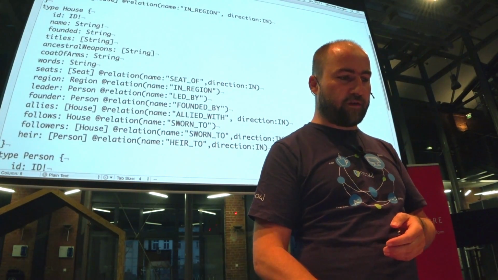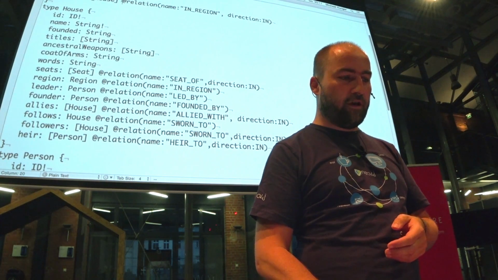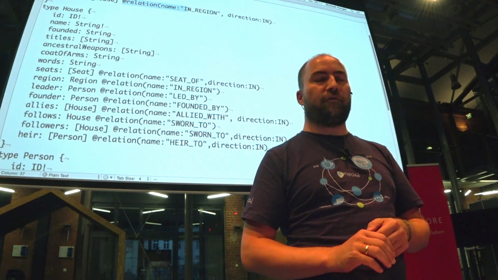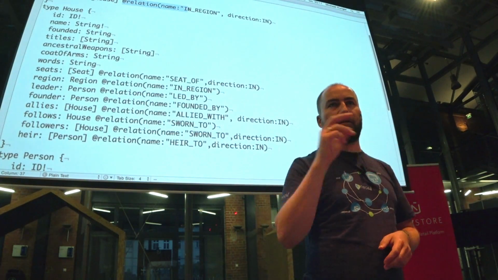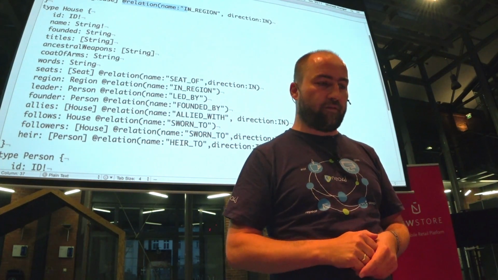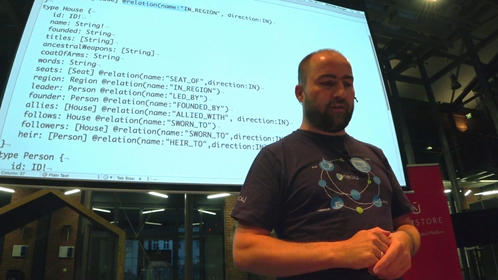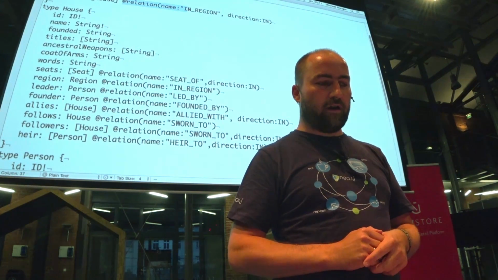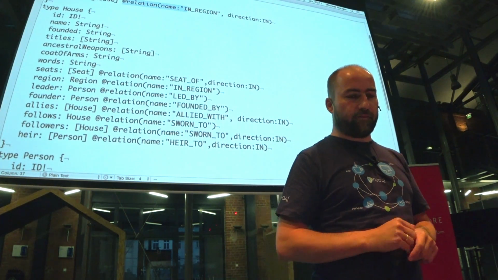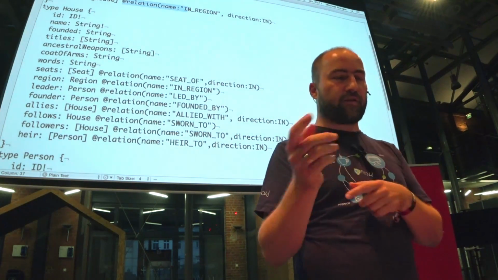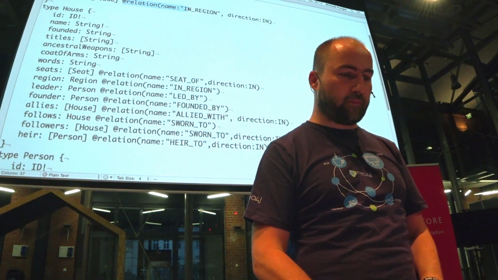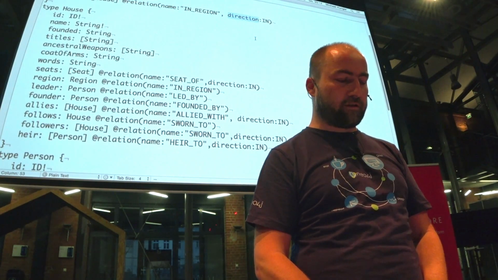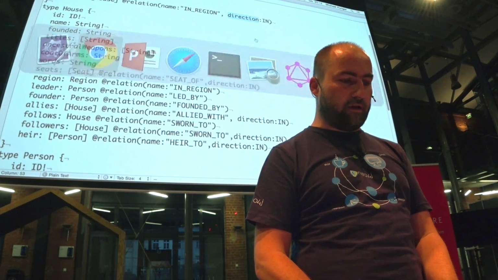The only thing that's different from what you might have used so far is the @relation directive, which maps the GraphQL API back to the underlying graph database schema, which you could even leave off if you wanted to. But it's nicer to provide this information because then it has the information about the directions of relationships. So for instance here, this is an incoming direction. So I can just take this schema,